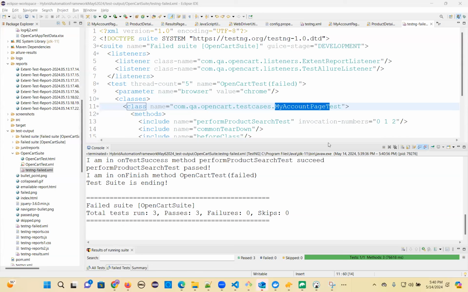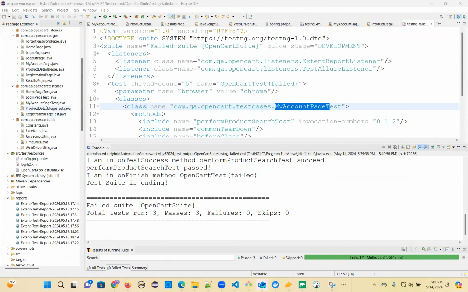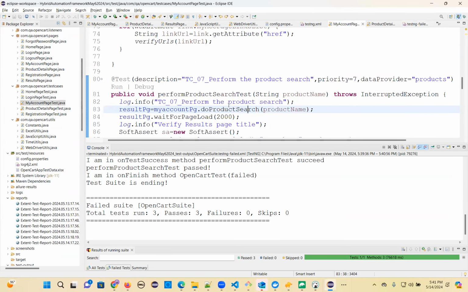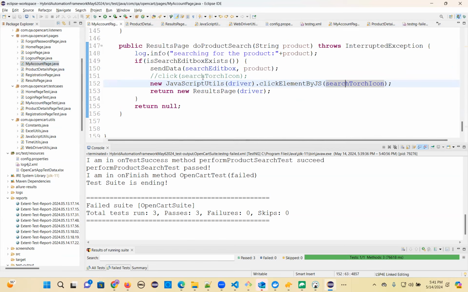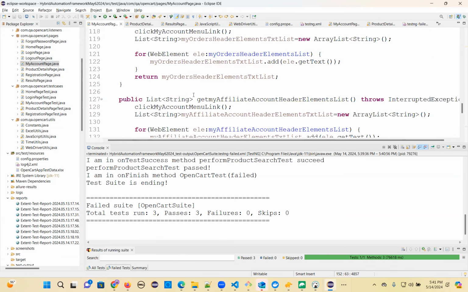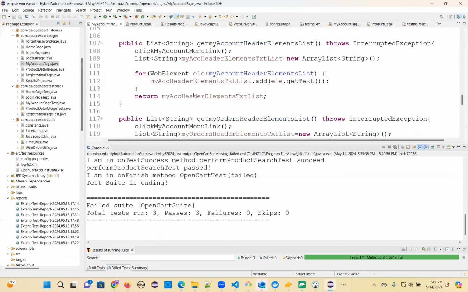So it went fine, right? But still that is there. You need to handle that also. Okay, so how can we handle that? Just press the escape key. So we added already somewhere. Same thing we need to add here. My account page. I have added somewhere here new actions class object we created and we add